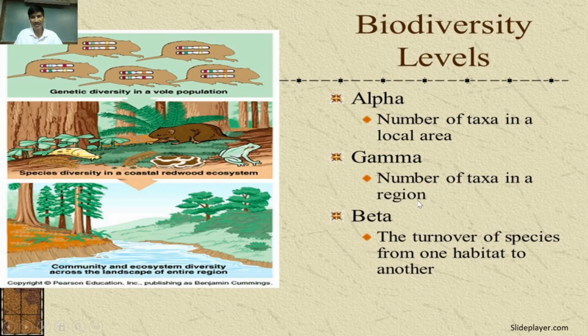And the third one, the gamma taxonomy. In the last bottom picture of the left side panel, we observe that two ecosystems or two study areas are separated by a river, and in that area we look at the turnover number of species in the two habitats, one habitat and another habitat. Scientists go through the turnover number of species, and that type of study is known as the gamma taxonomy.